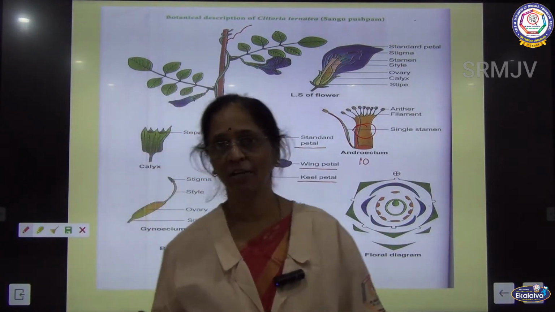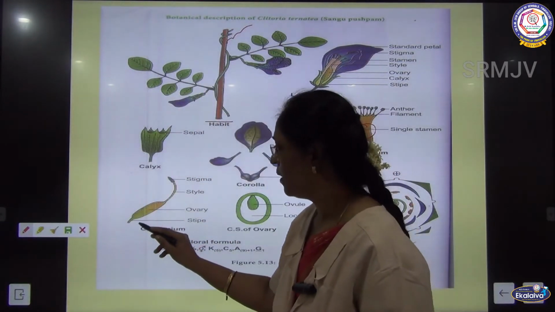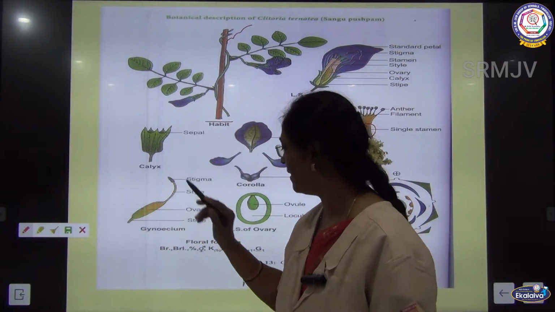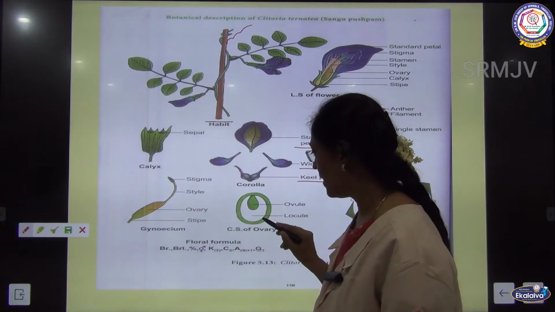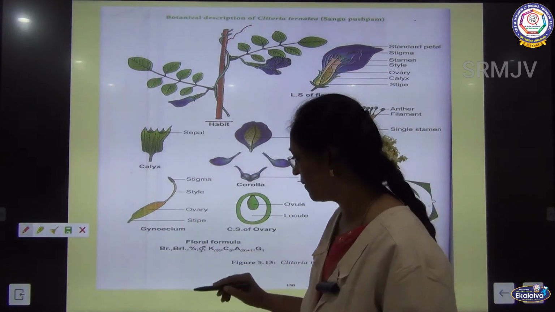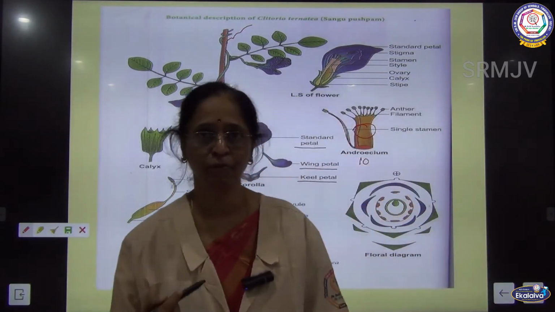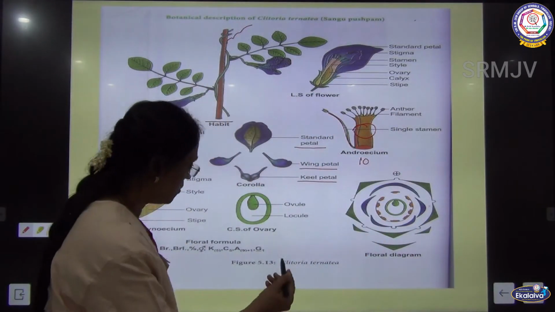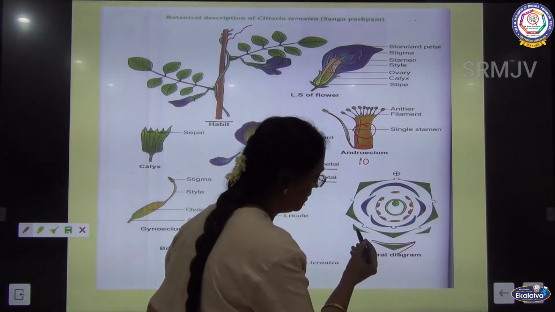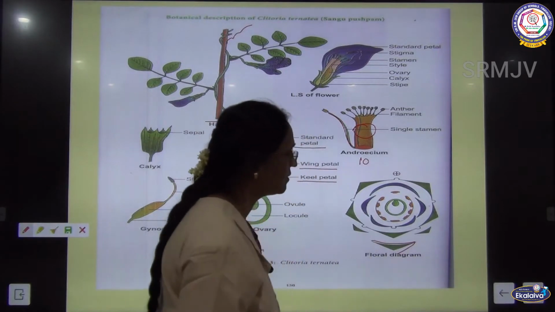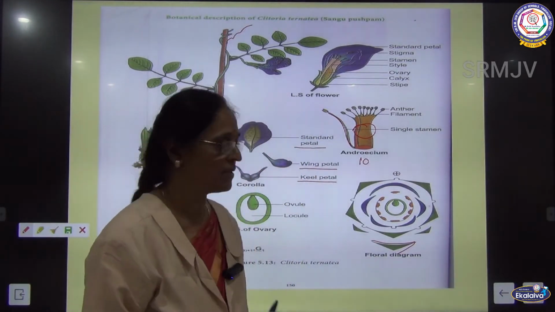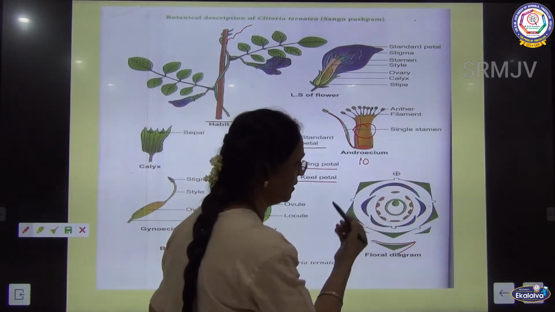And when you see the gynoecium, you will find the gynoecium with a stipe, a stipitate ovary, and this is the ovary, the style and the stigma. And this is the ovary, which is unilocular, monocarpellary. With the floral diagram and floral formula, you can see this is the bract, and these are the bracteoles. When we were talking about the floral diagram, we said we will start with the mother axis, so you will find the mother axis here.